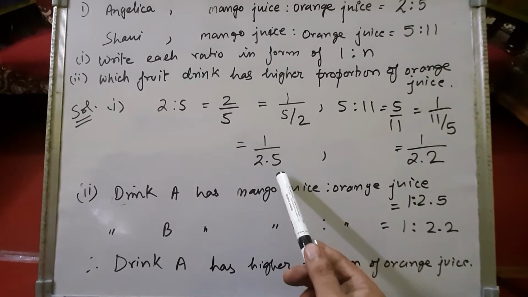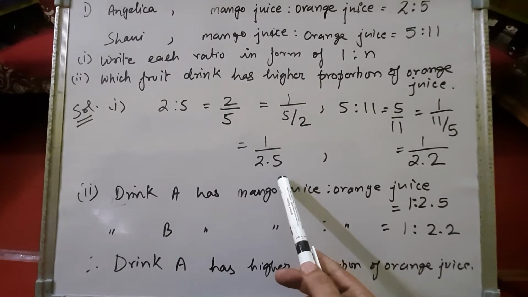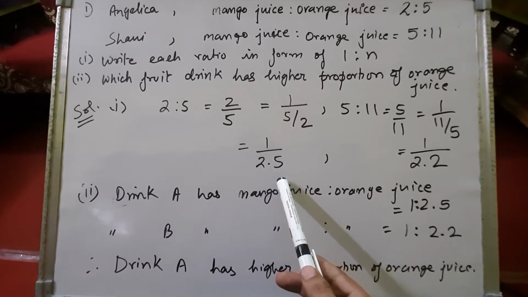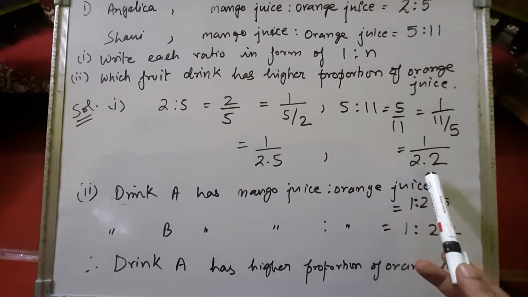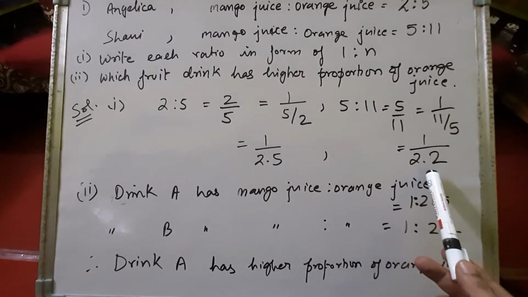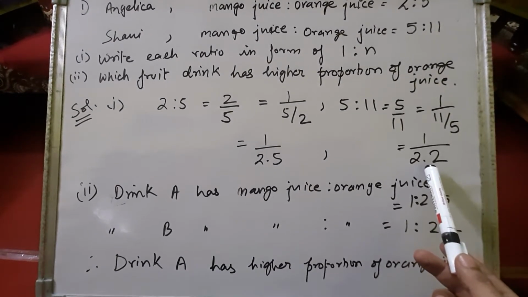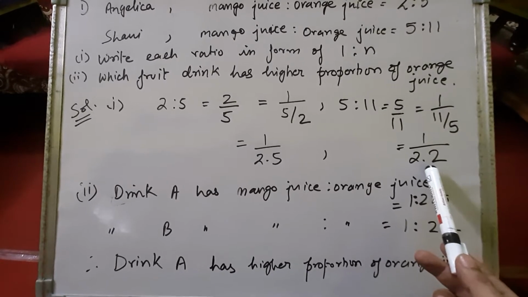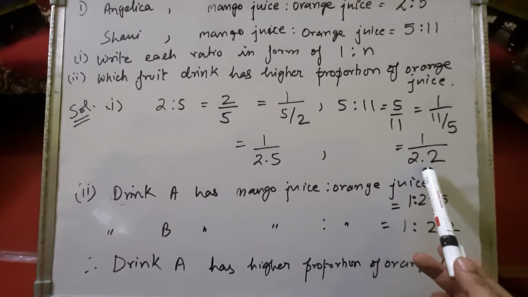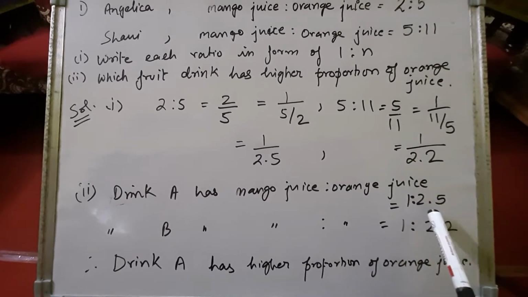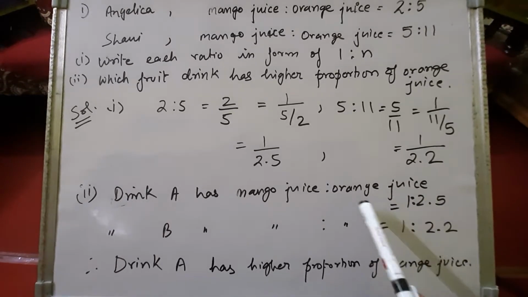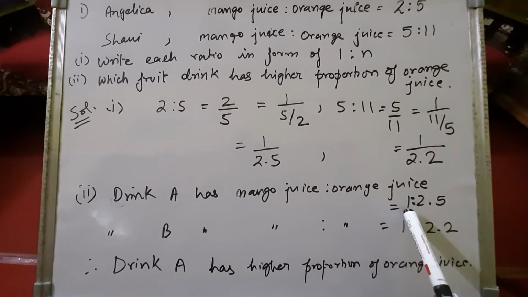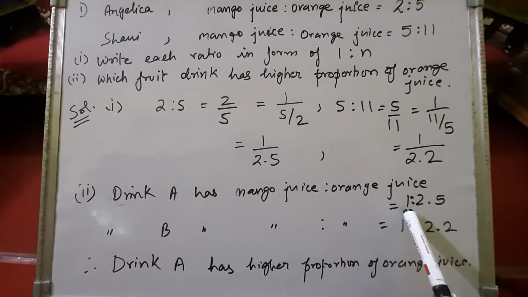That means if 1 liter of mango juice is there, then 2.5 liters of orange juice is there. In this drink B, which Anis has made, if 1 liter of mango juice is there, that means 2.2 liters of orange juice is there. Right, children? So when we compare these ratios, we can say that in Angelica's drink,